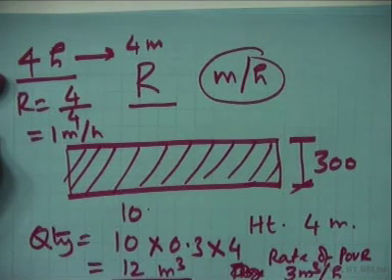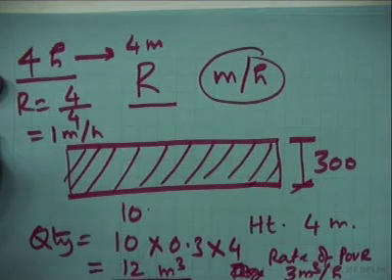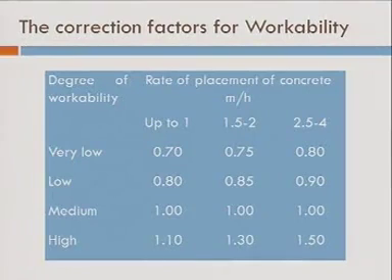Okay, that's clear. Clear? Although you may be talking in terms of meter cube per hour, because in the empirical formula I want to put in meter per hour, I have done it like this. Is it clear to you now? Okay. Now if you just look at this particular slide, it gives you the correction factor for